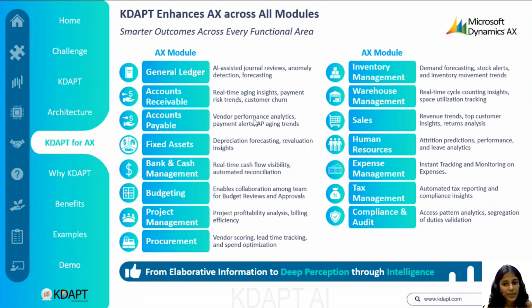And you can quickly track depreciation by asking which assets are fully depreciated this year. This pulls data from the fixed asset module. And also you can monitor efficiency by asking which warehouse has the slowest pick rate or how many orders are pending dispatch. And KDAPT will pull data from the warehouse management module tables and give you the answers right away in seconds. So what once took hours now just takes seconds using KDAPT.